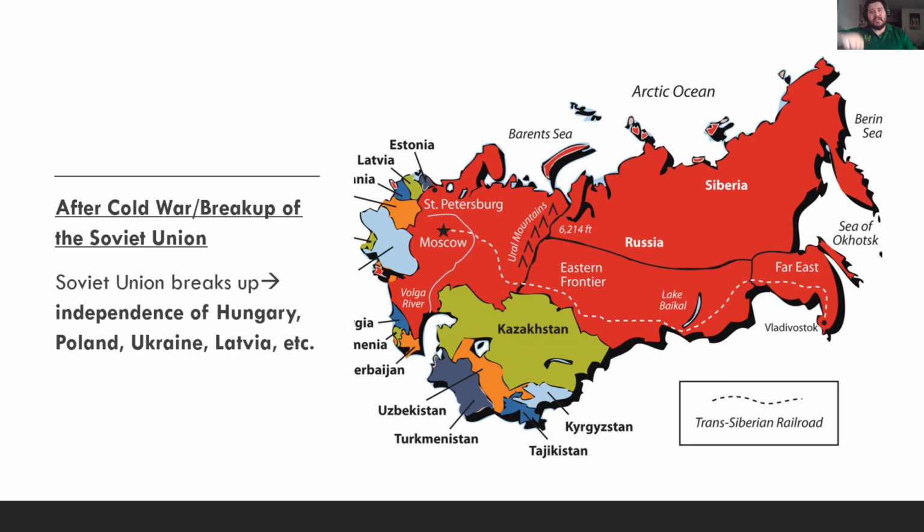Into the end of the 20th century, more close to where we are now, we have the breakup of the Soviet Union, the Cold War, and after the Soviet Union breaks up in the early 1990s, we see a number of states established. What once was the Soviet Union area breaks up into what become shatter belts, as we call them. We call these shatter belts, these areas where we see cultural and political conflict take place.